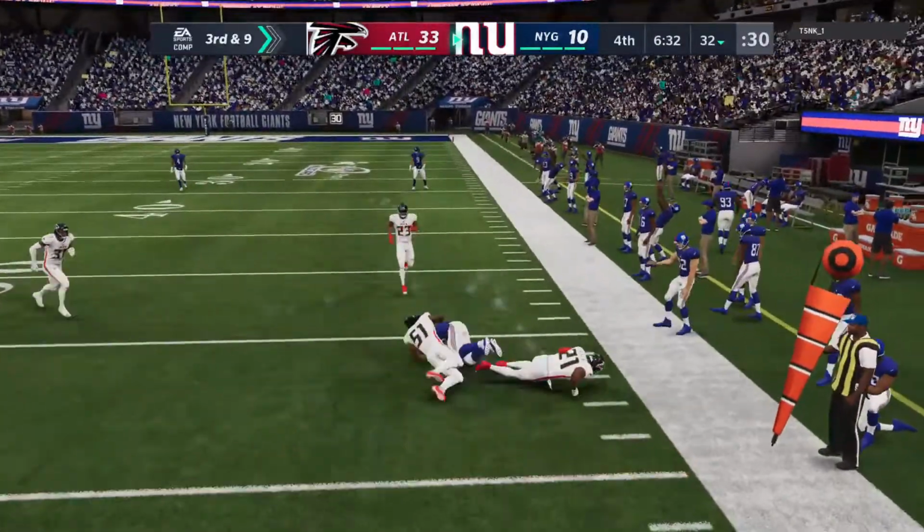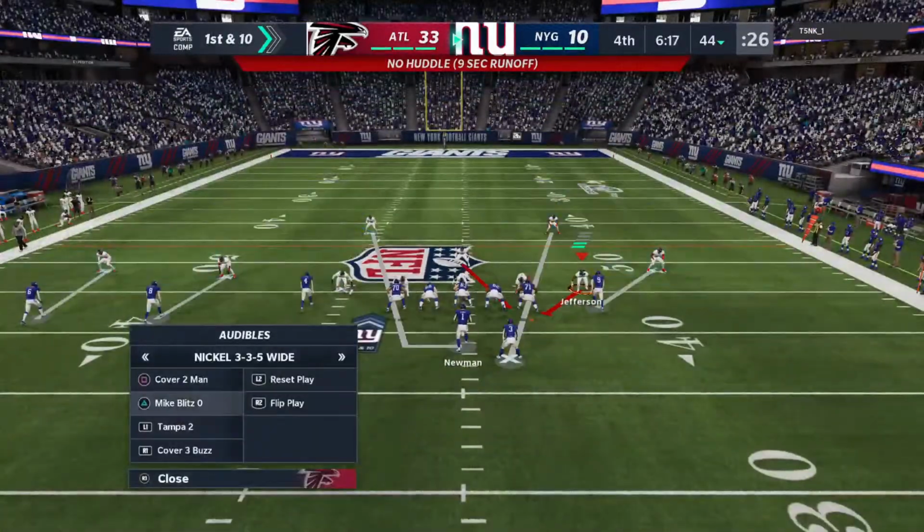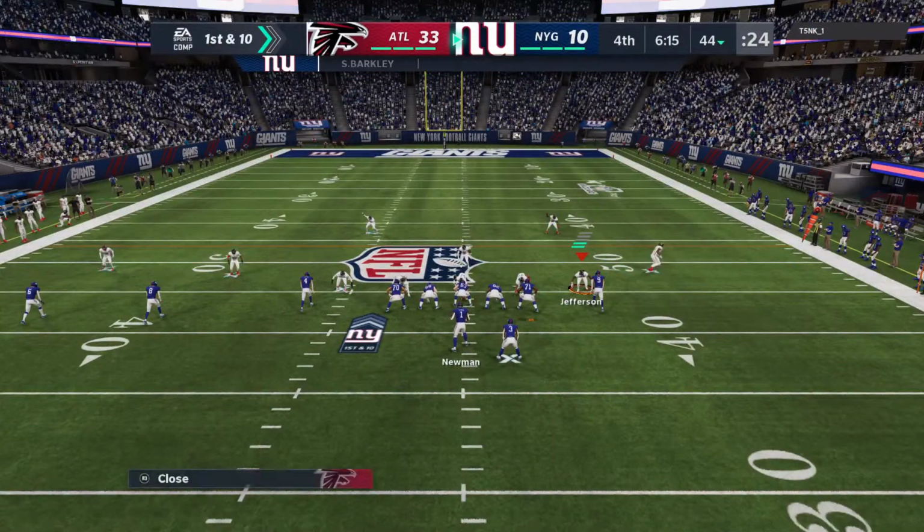They'll get this out to Barkley, complete. And he will have a Giants 1st down as they're able to get the 3rd down conversion. 1st down for the Giants as they pick up